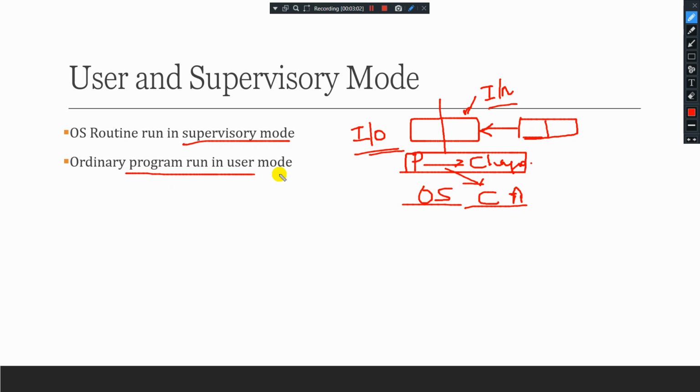When it comes to normal user mode, all the instructions run in normal mode.